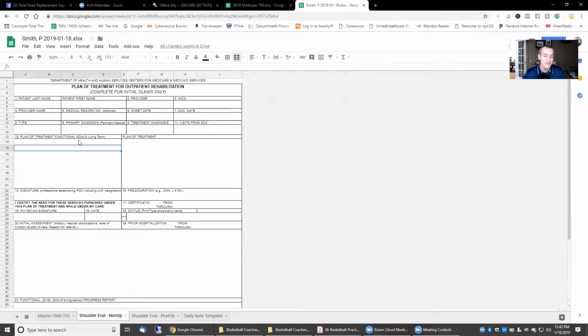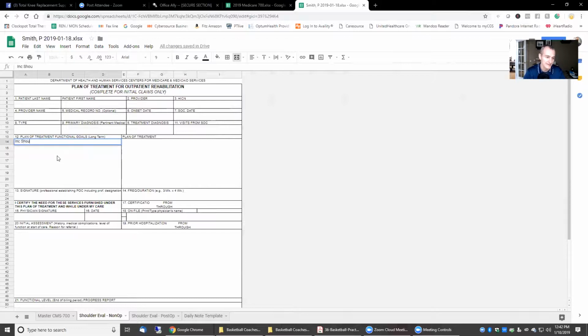And then within each one of these, so for example, let's say shoulder eval, non-operative shoulder eval. Medicare only requires long-term goals, but certainly you can use short-term goals, impairment goals. For me, typically I will use 4 short-term goals, 4 long-term goals. And I'm going to populate a couple of things because these are generic evals, right? So let's say one of my first goals is